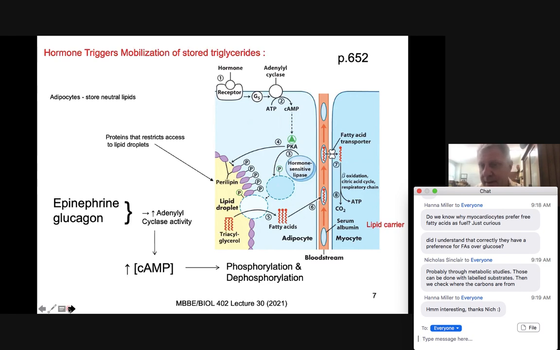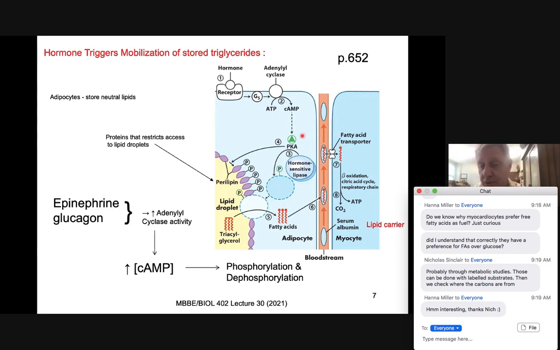This time, cyclic AMP is going to be an activator for the protein kinase A, to actually phosphorylate a hormone sensitive lipase. And this hormone sensitive lipase sits in the cytosol as a non-phosphorylated form. Once it's phosphorylated by the protein kinase A, which is stimulated by the cyclic AMP concentrations, which is stimulated by the adenyl cyclase and the Gs and the hormone receptor, we're going to see that hormone sensitive lipase